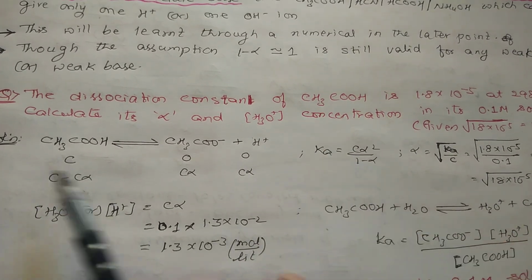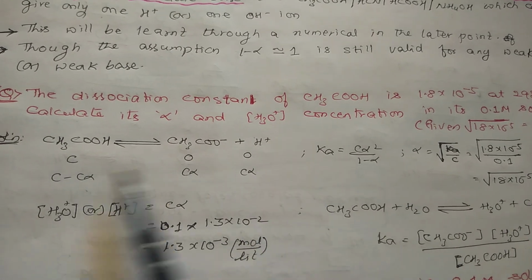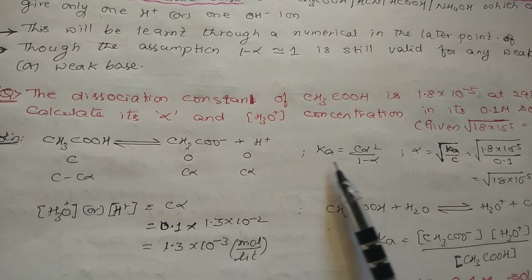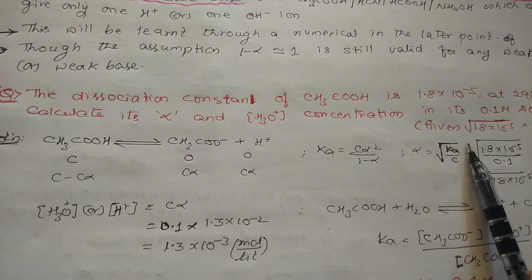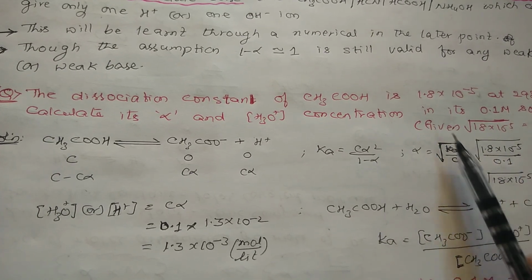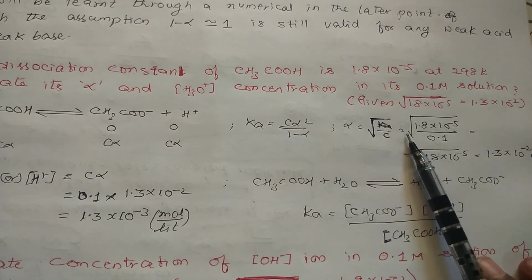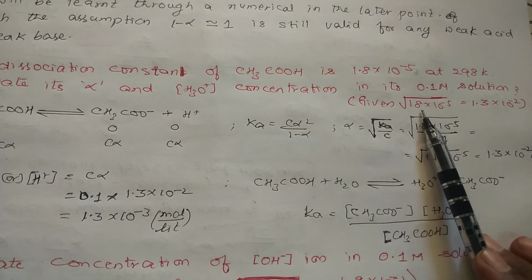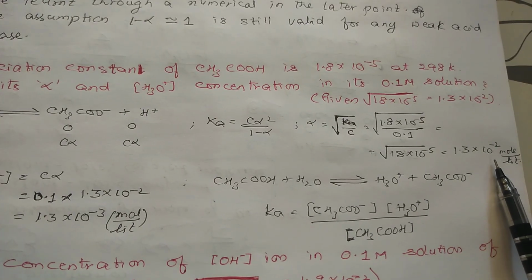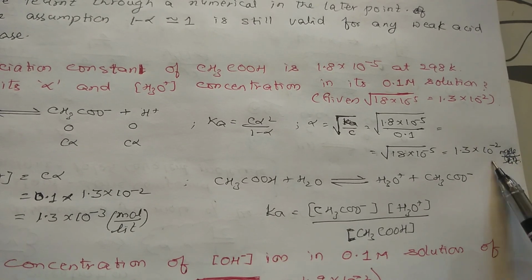See, first they have given acetic acid, so write the equilibrium CH3COO minus, H plus. As he is asking concentration also, so take concentration C, this will be 0, 0, C minus C alpha, this will be C alpha, C alpha. And Ka will be equal to C alpha square by 1 minus alpha, alpha will be equal to root of Ka by C. See, root of Ka, what is the Ka value? 1.8 into 10 power minus 5 by C. C is 0.1. If you solve this, the point will go, root of 18 into 10 power minus 5. Already this has been given in the question. Root of 18 into 10 power minus 5 is equal to 1.3 into 10 power minus 2. So degree of dissociation will not be having any units. Remove that. Okay. This is the degree of dissociation value.